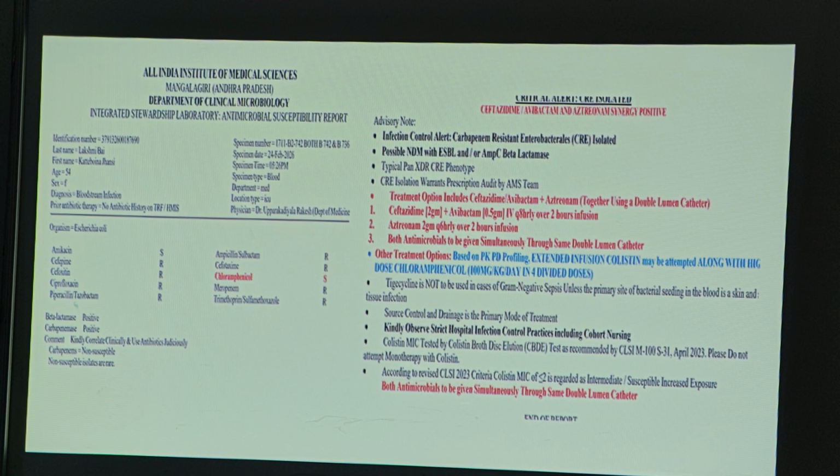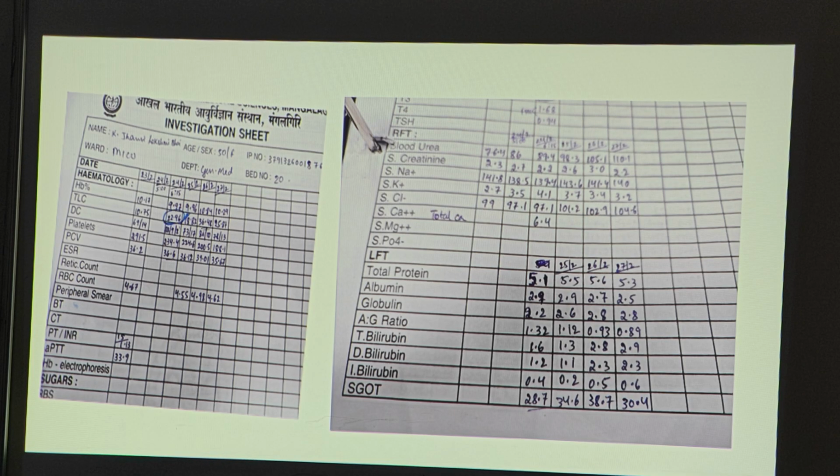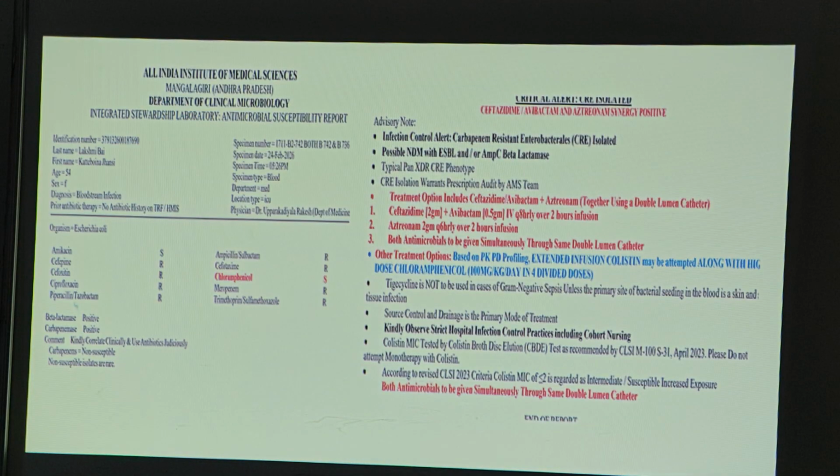So this is a blood culture report. You can see it is a carbapenem resistant strain, which is synergy positive. So they changed the regimen from piperacillin tazobactam to ceftazidime avibactam. Here, when we look at the patient's RFT, the creatinine level is a little bit elevated from the day of admission, 2.3, and in between it came to 3. The creatinine clearance is also affected due to AKI, definitely AKI is there, cardiac failure is there. So many precipitating factors are there in this patient.